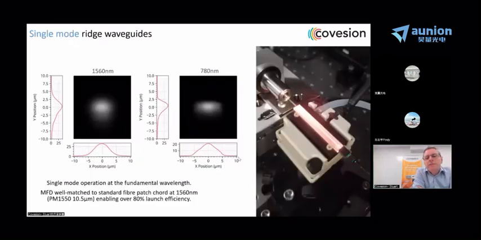The photograph on the right shows a waveguide under test in our test laboratory here at Covesion. And then the images on the left-hand side show you the mode output for the pump light at 1560 nanometers and the second harmonic light at 780 nanometers. So what I'm showing here is that our pump light